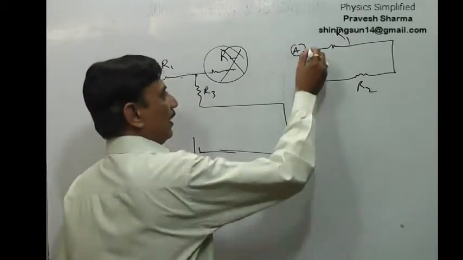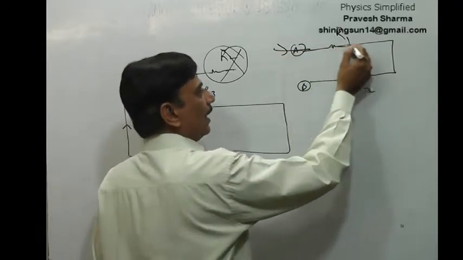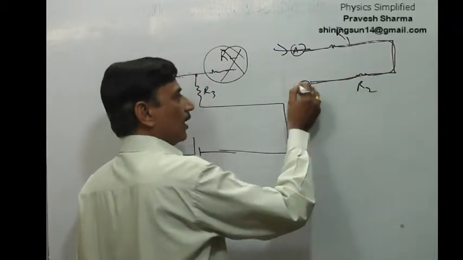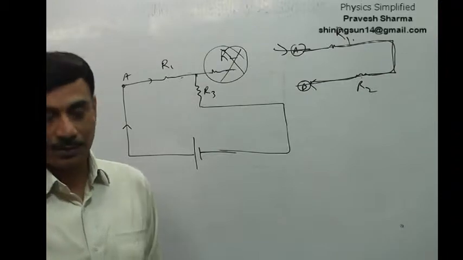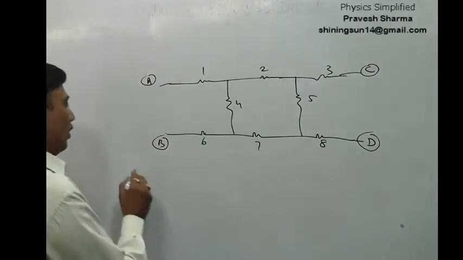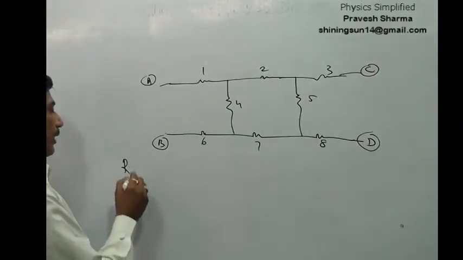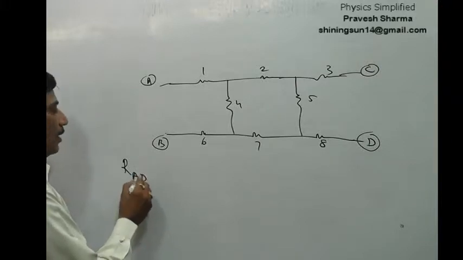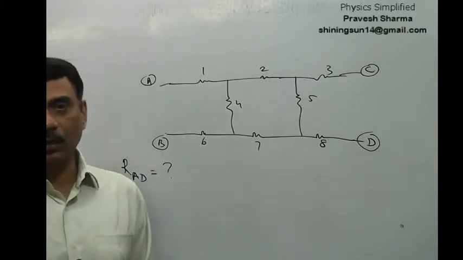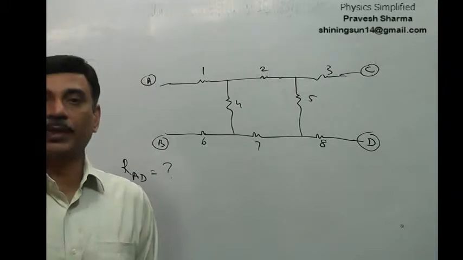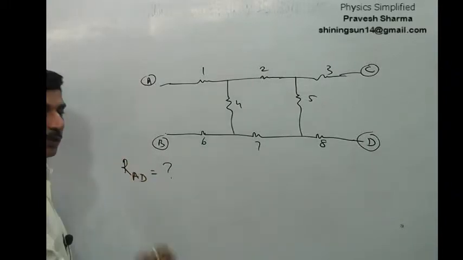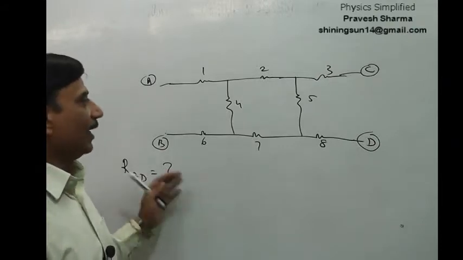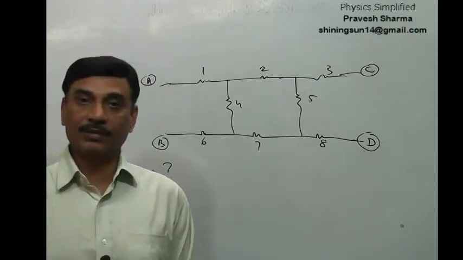Over here, if I set out on the path, I will come across both the resistors. So in this case, R1 and R2 are in series. Now suppose we are interested in finding the equivalent resistance between A and D. Which resistances shall we not consider? Right now we shall not be finding how to find the equivalent resistance between A and D, but we will find which resistances are not going to be considered.